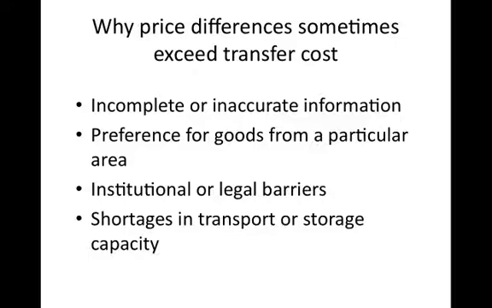There could also be a preference by some for goods from a particular area. For instance, we see regional trade agreements where countries will sometimes say, I have a preferential trade status with respect to another country that gives importers preferential treatment with respect to bringing product in from some other country. There could be institutional and legal barriers, and in fact these are very important issues in the context of agricultural markets. The institutional barriers could be things like tariffs that are put on the products imported into a country, or it could be outright bans on products through some kind of legal barrier, such as when markets were closed to Canadian beef exports when BSE happened.